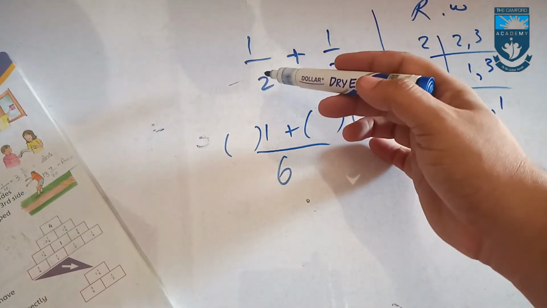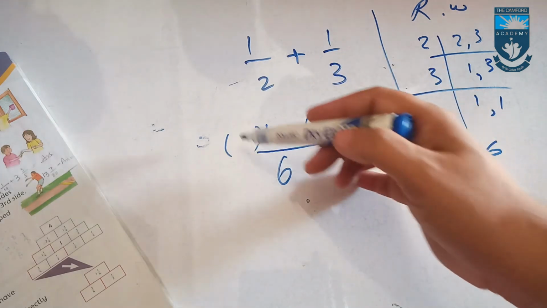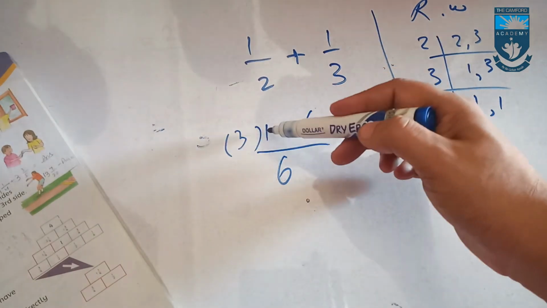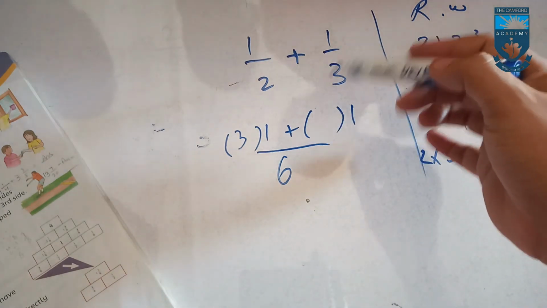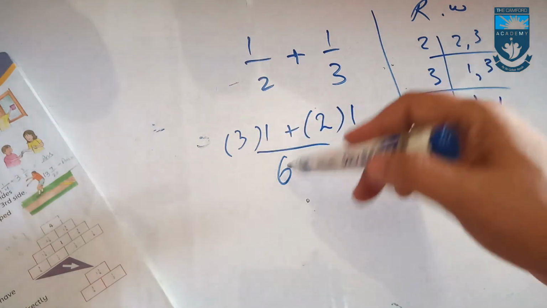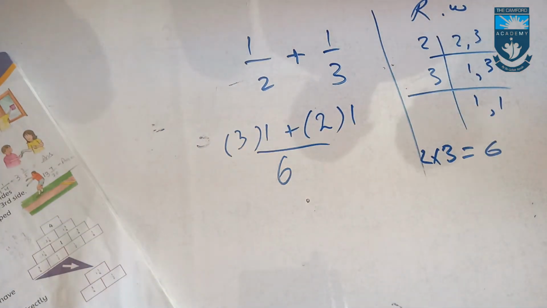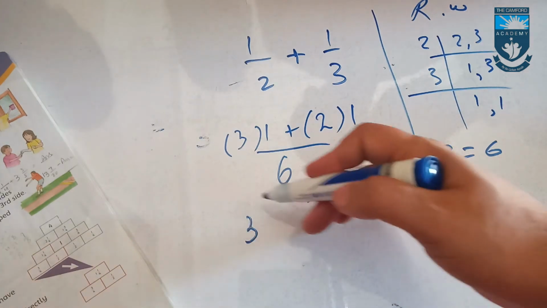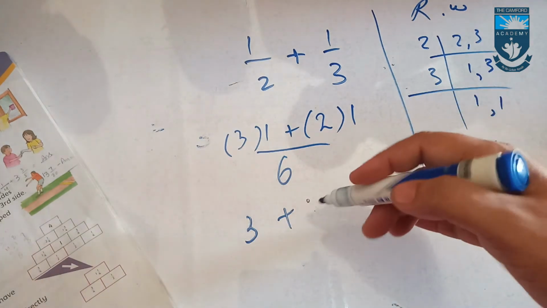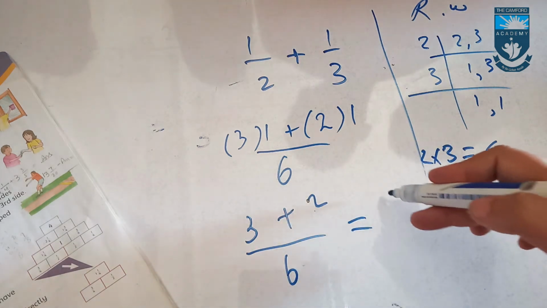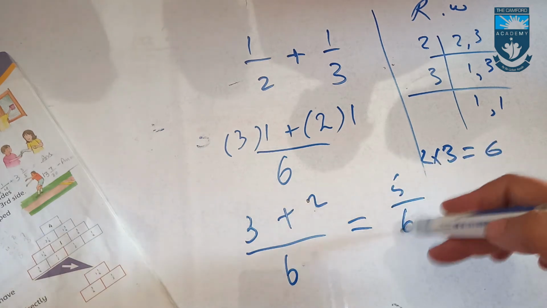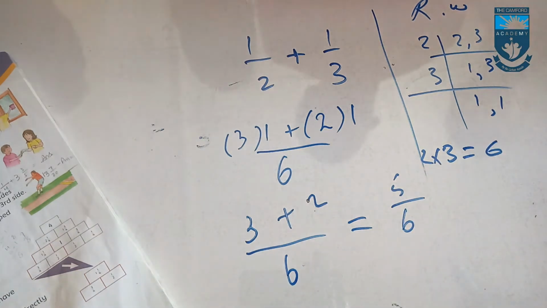So the table of 2, if we read to the 3 we get the 6, so we have to multiply 3 by 1 to this, and 3 2 times 6, so 2, 3/1, that is 3, plus 2 by 1 is 2, so that is 6, and that is equal to 5/6.